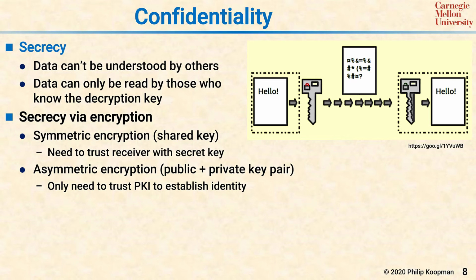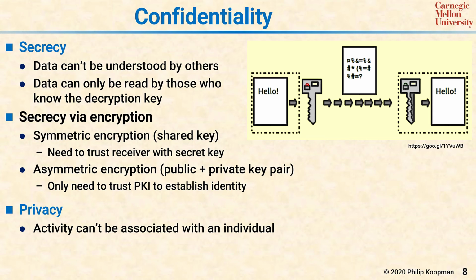With asymmetric encryption, which is public plus private key pairs, a central server would have a private key used to encrypt information, and the individual systems would only have the public key to decrypt. In that case, reverse engineering one of the systems that's been sold only enables an adversary to receive information but not transmit it. With public key encryption, if you're concerned about whether or not the transmitter is authentic, if you have public key infrastructure, you can use that to establish the identity and authenticity of the central server doing the transmission. A property related to secrecy and confidentiality is privacy.